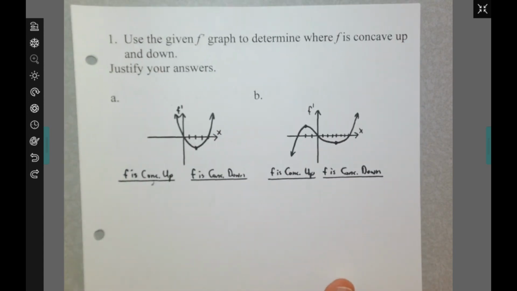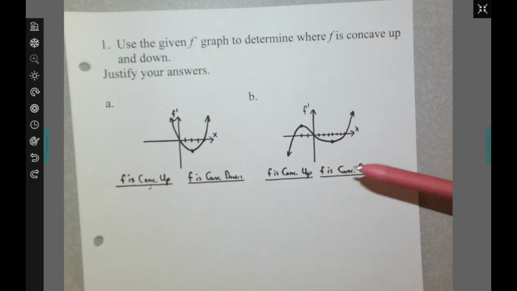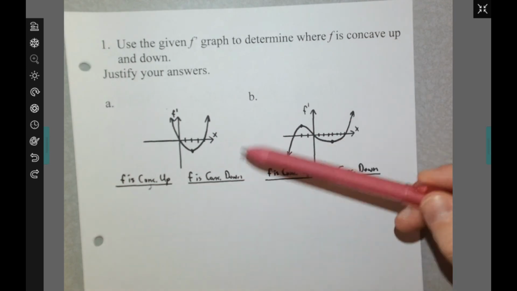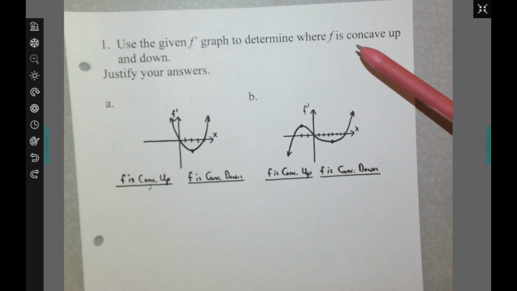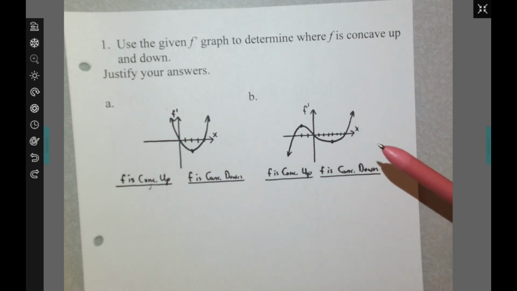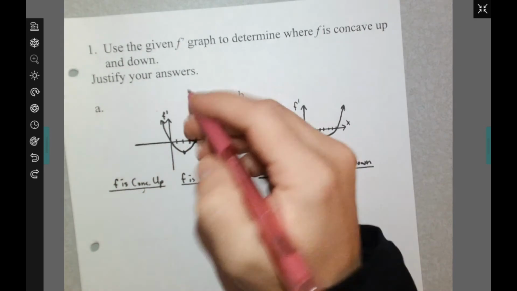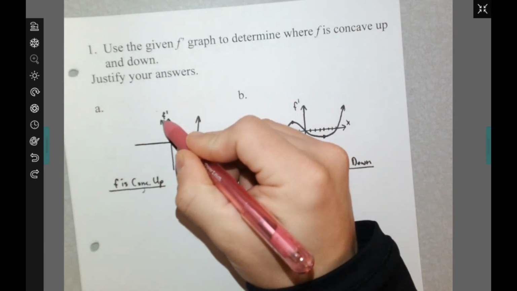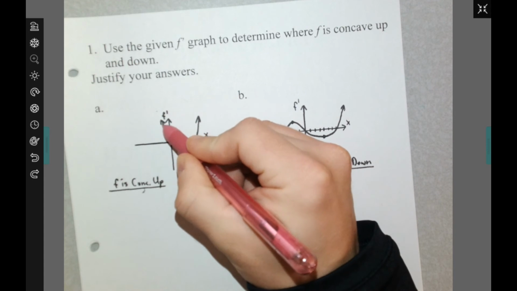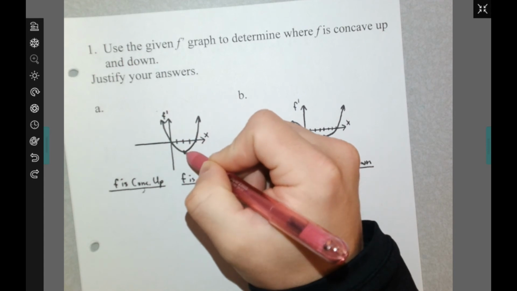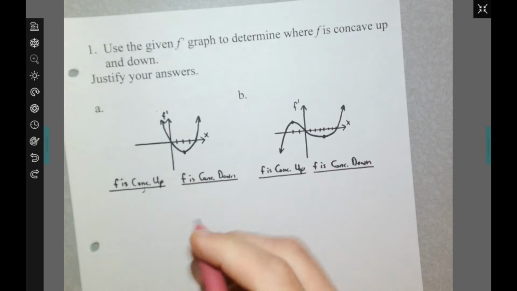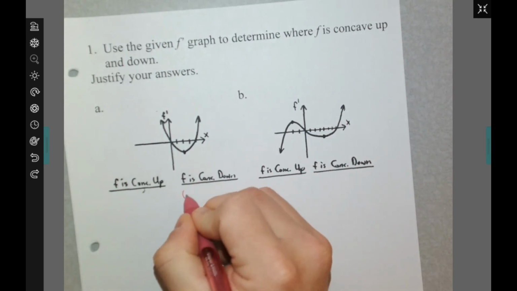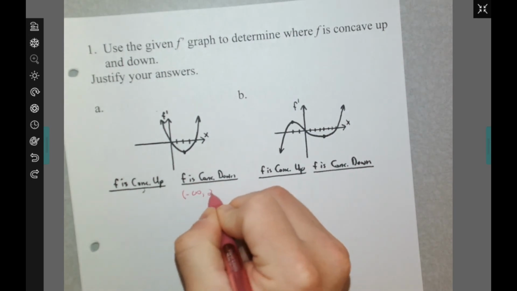So using that information that we're just given, we want to figure out, is the original function for these concave up, down, for what intervals is it happening? So for A, you look at f prime, so we're thinking slope, f prime has a negative slope from negative infinity all the way till the next value of 2. So that tells me that the function is concave down for that interval. So we're going to say from negative infinity to 2,